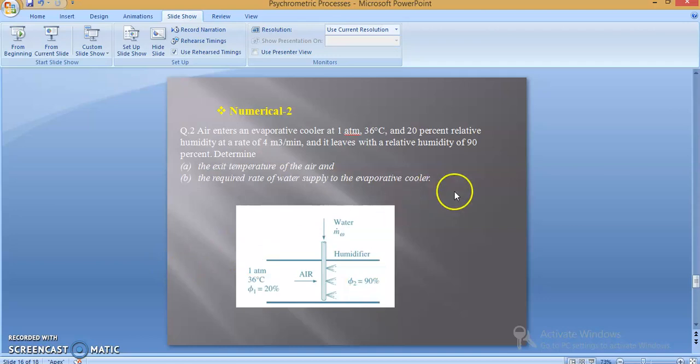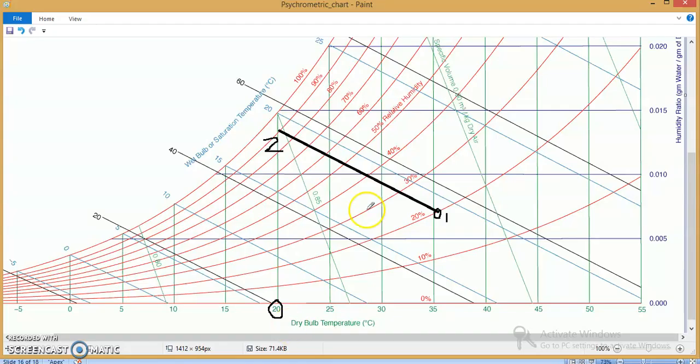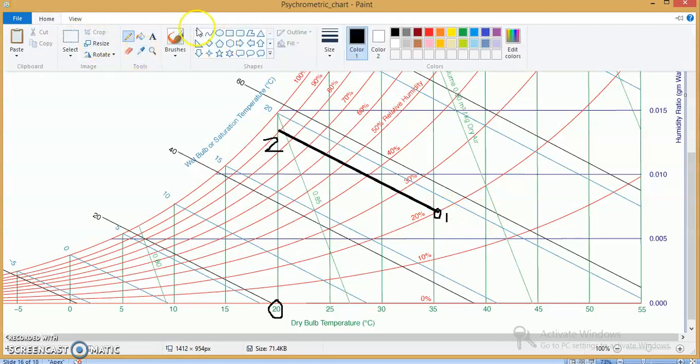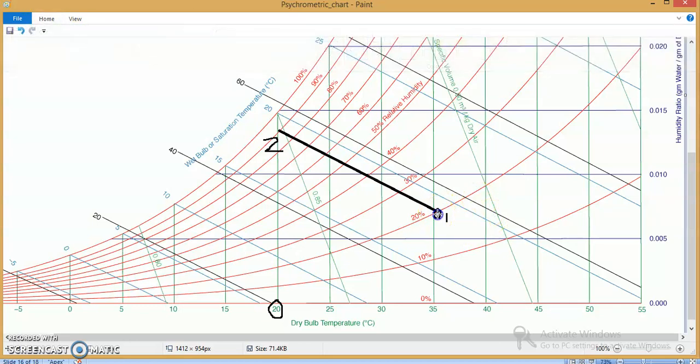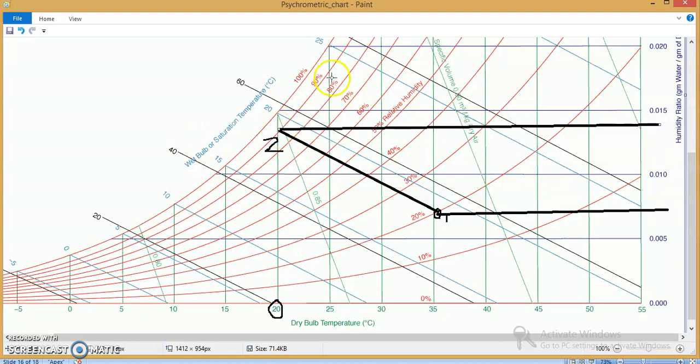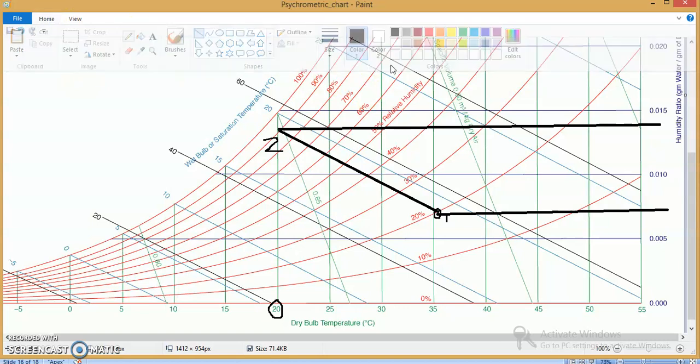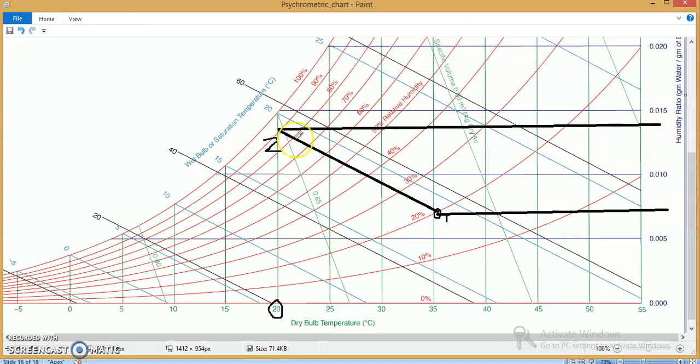So the required rate of water supply to the evaporative cooler. Let us see the required rate of water supply. It is nothing but whatever amount of water is sprayed in the evaporator, that goes to increasing the humidity. So you can plot the specific humidity line, and where you can find the respective omega. So this omega 2 is, suppose, 0.014,